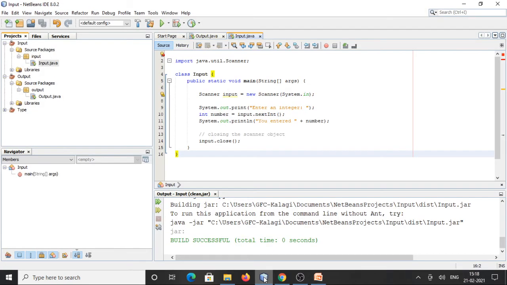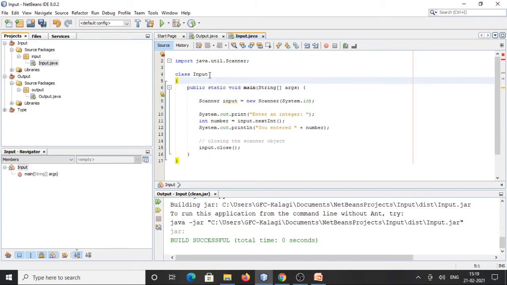So we go to NetBeans. Already I have written a program on the Scanner class. The class name here is Input, public static void main. The program will start from here.